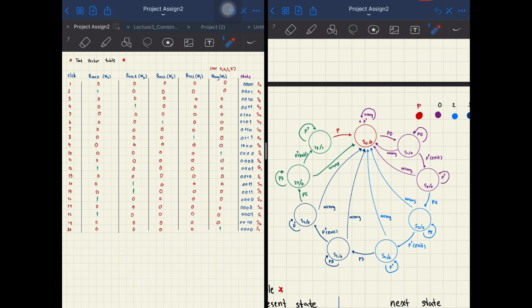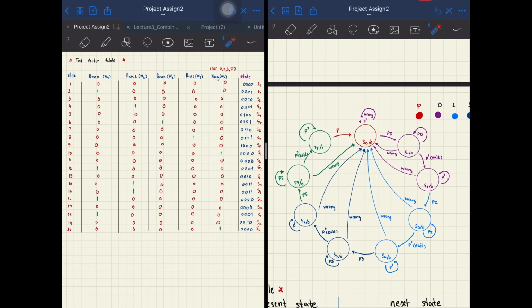Clock 6 I press 3. So it transitions me to state 5. Clock 7 do nothing again. Release the button. Bring me to state 6 at clock 7. And clock 8 I press 5 right here. So press 5 will bring me to state 7 at clock 8. And clock 9 I release the button, so it will transition to state 8. So here, right? And then clock 10